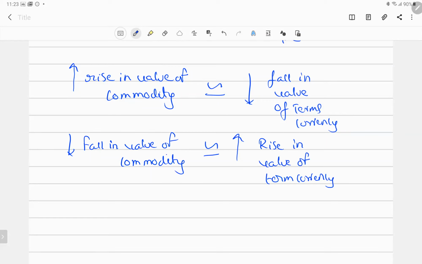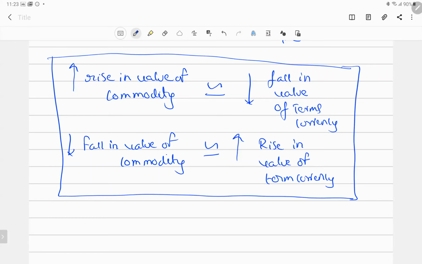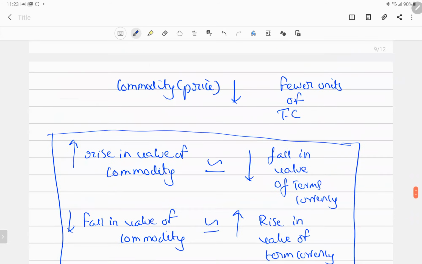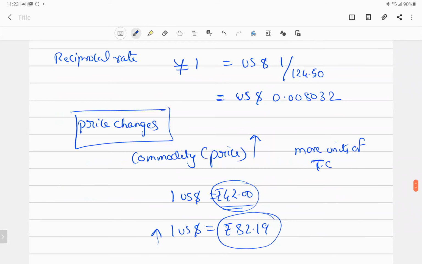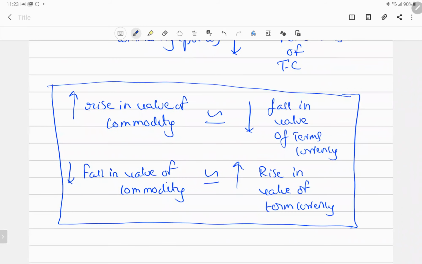Okay, so this is very, very important. This thing you have to remember, right? Don't go for the appreciation, depreciation part and all. Appreciation rate, depreciation rate, we'll be getting into that. You just put it in a simpler way: fall in value, rise in value. We'll get into the appreciation of the exchange rate. Depreciation of exchange rate will come when we are concerned with the hedging scenario, right? We're just concerned with the rise in value and fall in value.